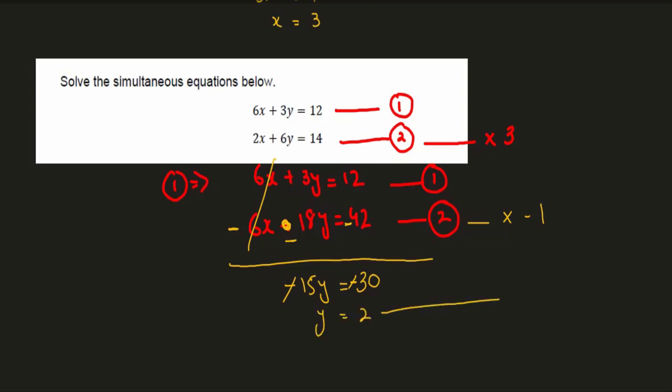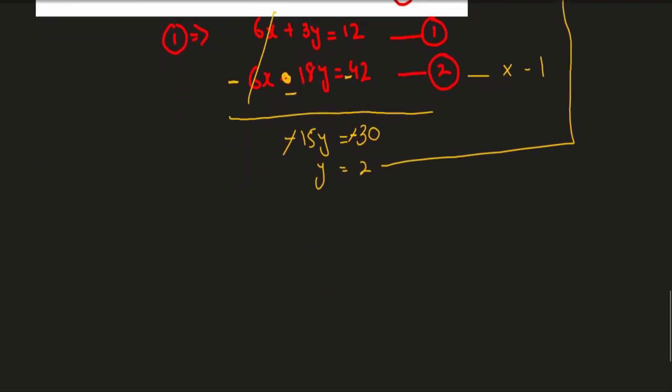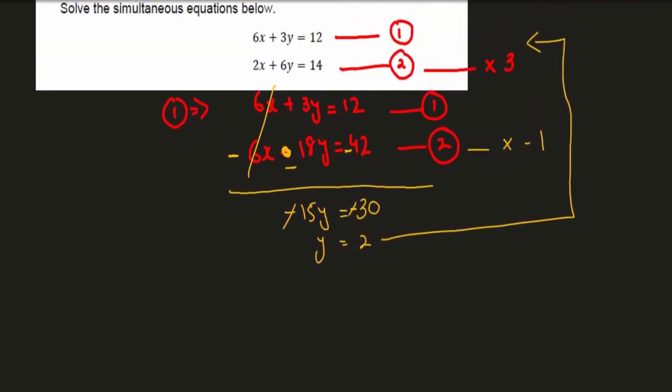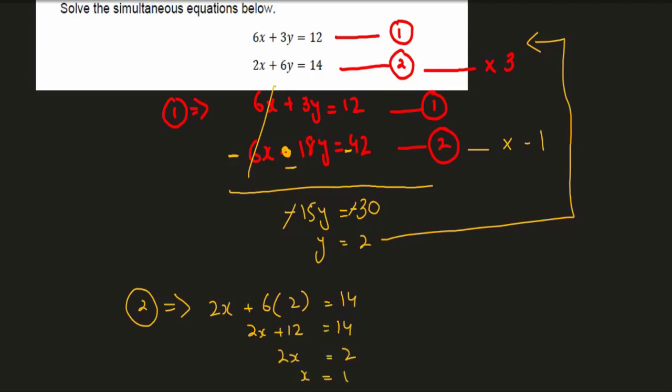Now I can substitute this value of y in either of the two equations. Let's substitute in the second equation. So 2x plus 6 into 2 is equal to 14. 2x plus 12 is equal to 14. 2x is equal to 2 and x is equal to 1. So x is equal to 1 and y is equal to 2. These are the two